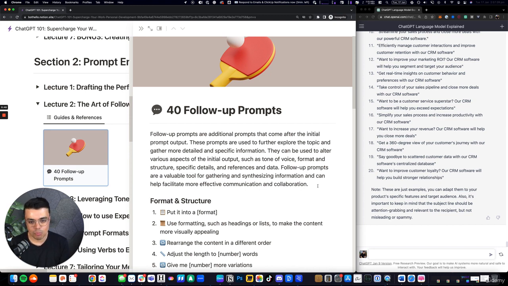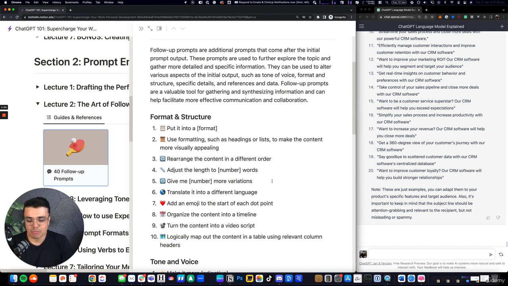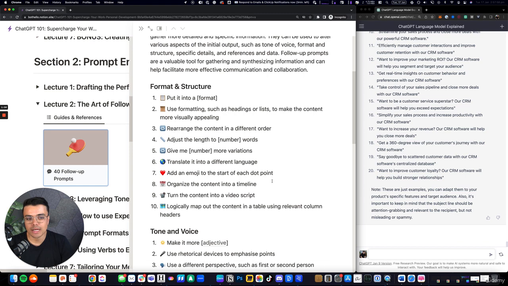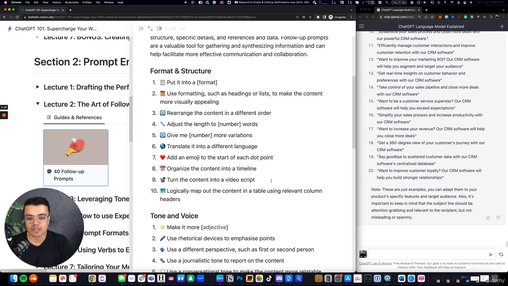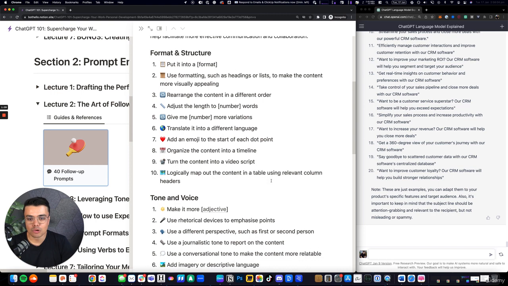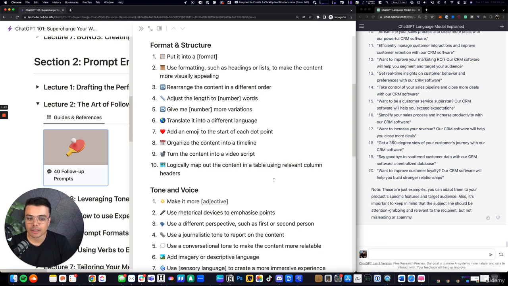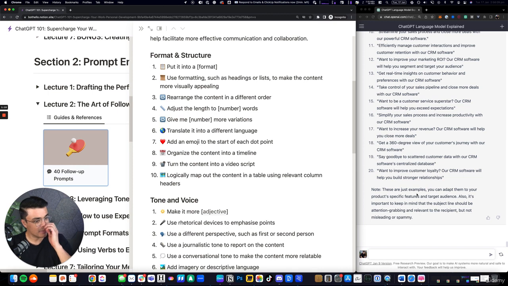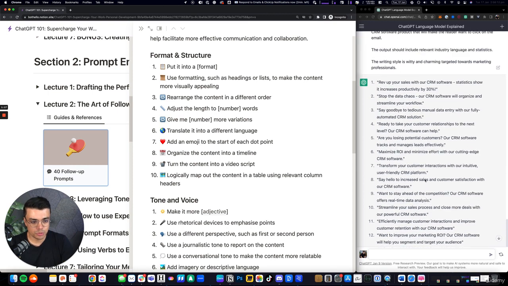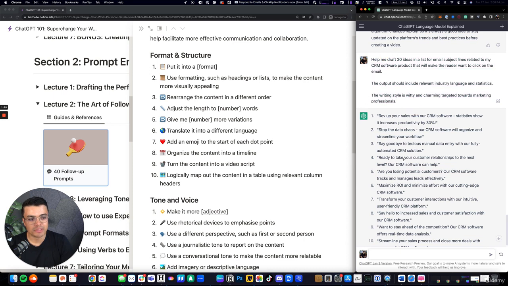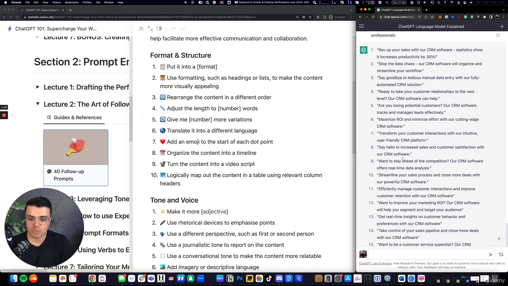So this is one of my number one suggestions for becoming proficient in prompt engineering: the back and forth that you have with the system. So I have a number of examples here, and you're welcome to screenshot and utilize these throughout your prompt design and engineering, but I'll make use of a couple of them in response to the last lecture where we drafted this list of ideas. So for format and structure,